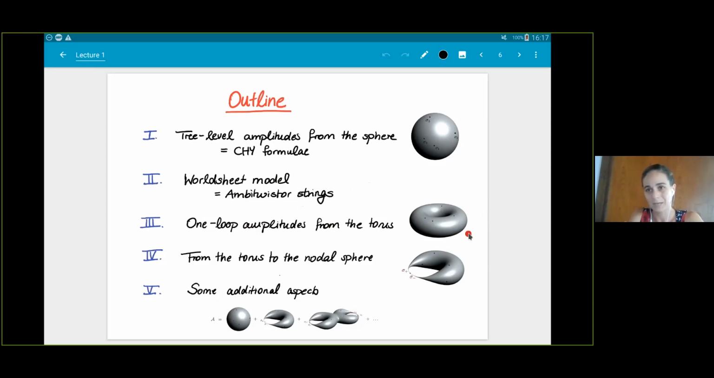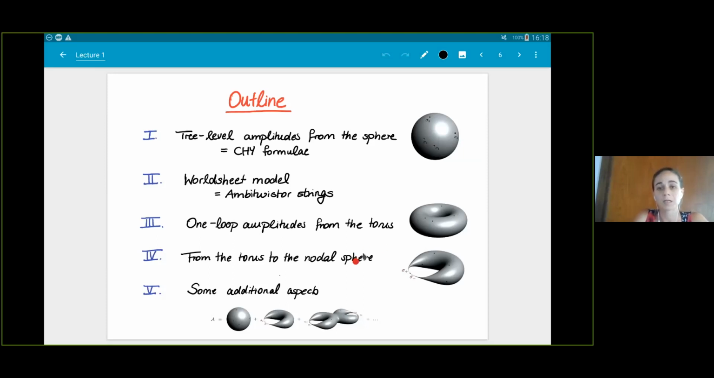Remember, tree level is easy-ish. One loop is not easy, and anything higher is certainly hard. So there's no way we're gonna guess an amplitude coming from the torus. Now, that is what we'll do in lecture 3, and then I've marked it 4, but also in lecture 3